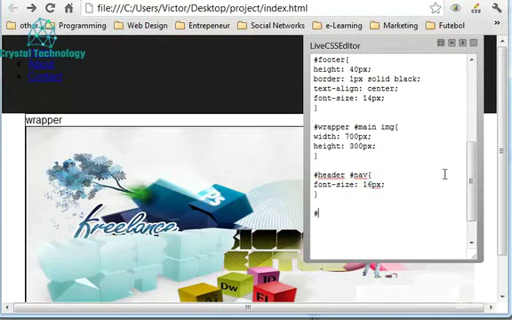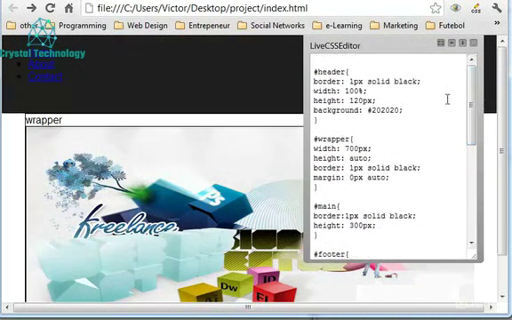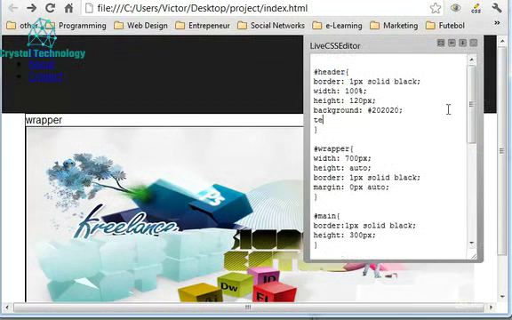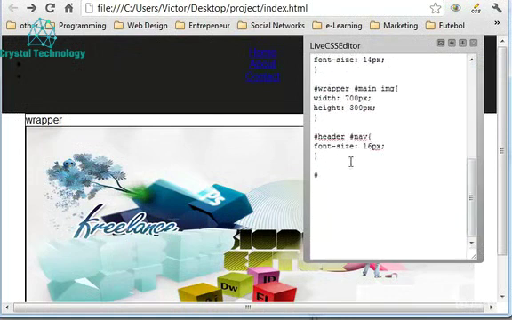Now, after header nav, I want you to go up to the header selector, and in here I want you to type text-align center. So we can center the navigational bar, or the navigational links. And down here we're going to type header nav